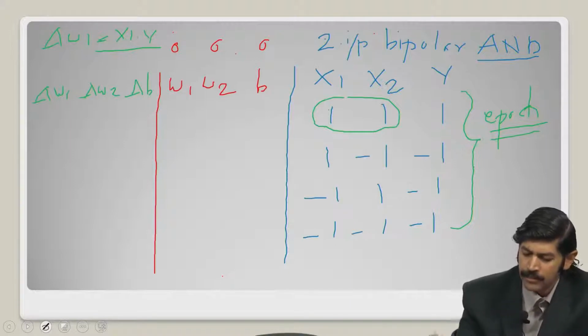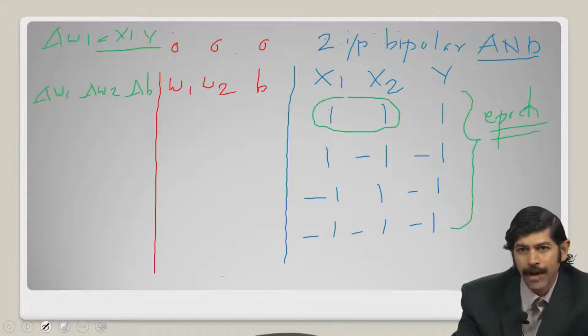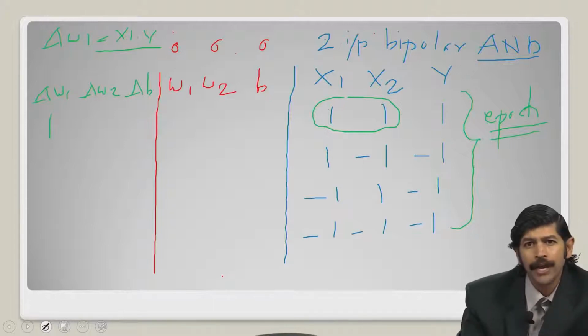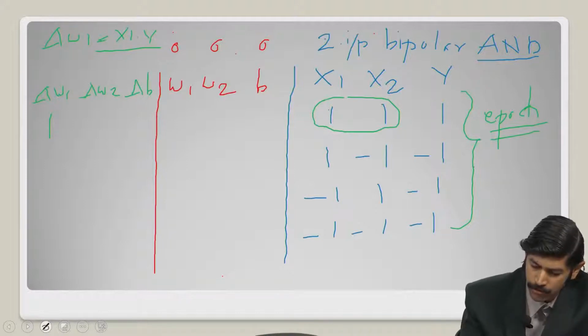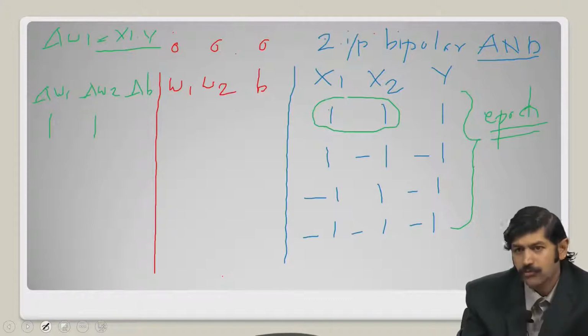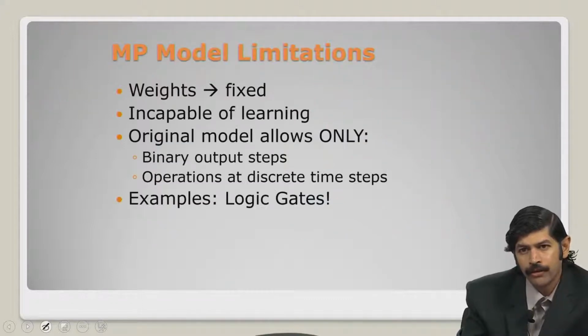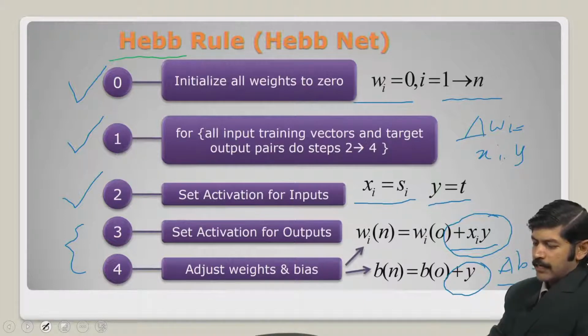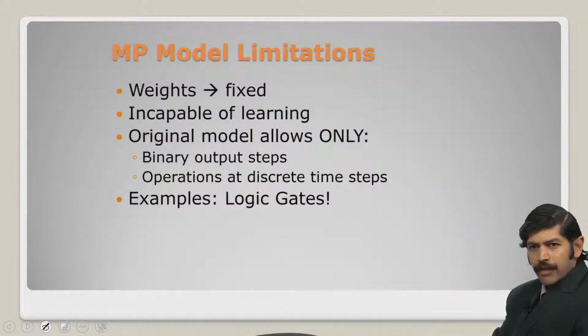And delta W1 now will be x1 into y, and x1 is 1, y is 1, so delta W1 will also be equal to 1. Delta W2 will be x2 into y, so it will also be equal to 1, and delta B is exactly equal to y. So if you remember the algorithm, we have already talked about this fact that delta B is exactly equal to y,